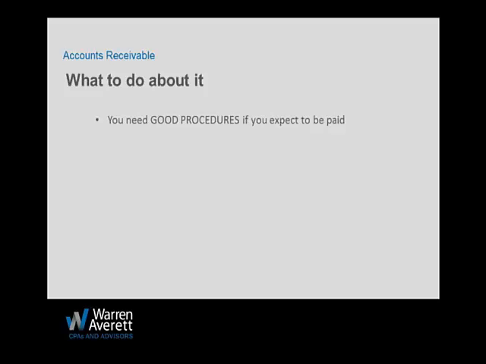So there are some proper procedures to do it. If you don't collect your money, your whole staff needs to be on board. Your front desk needs to be on board with your back office that we're not going to see that patient unless it's emergency care, unless it's a situation that we actually have to see the patient.